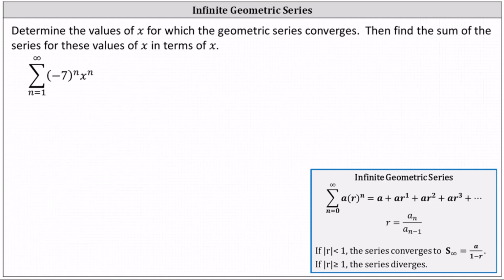Determine the values of x for which the geometric series converges, then find the sum of the series for these values of x in terms of x. We have the sum from n equals 1 to infinity of the nth power of -7 times the nth power